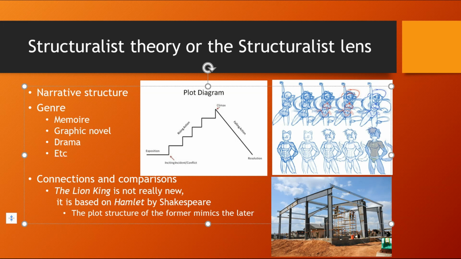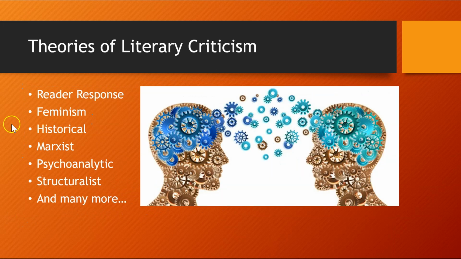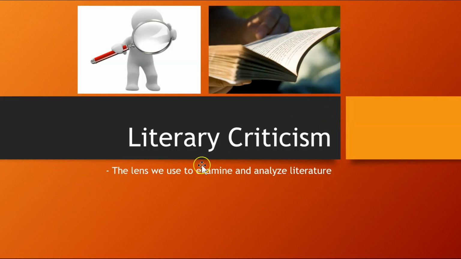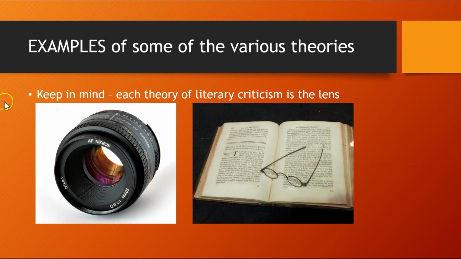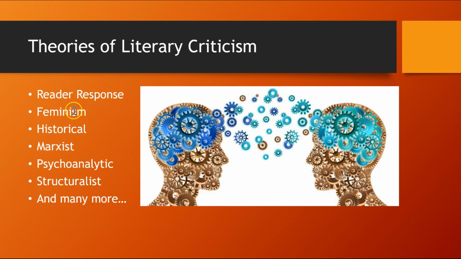Now, we hit upon a couple. I gave you a bunch of different ones, right? So we kind of just quickly talked about feminism, historical literary criticism, the Marxist literary criticism, psychoanalytic, structuralism. We're going to get to reader response. That's the main one. Again, going back to the top, literary criticism, it's a whole bunch of lenses that are used to analyze literature. Literary criticism just means the examination of literature. It means the analysis of literature. And the schools, or the theories, these are the lenses that we use to look. And so we talked about the different schools, the different theories, and now I want to focus on reader response, okay, because that's the main one.